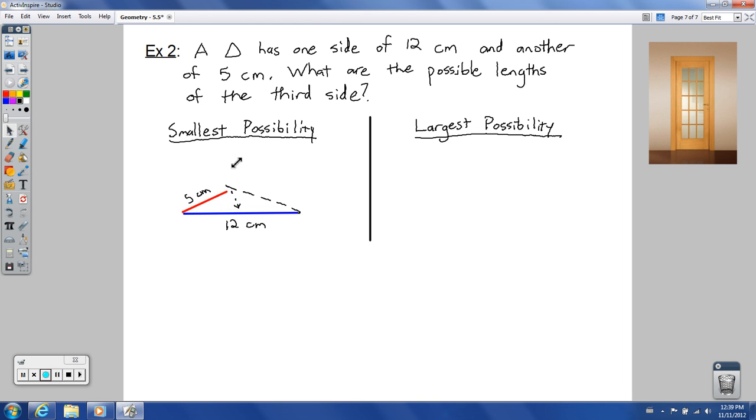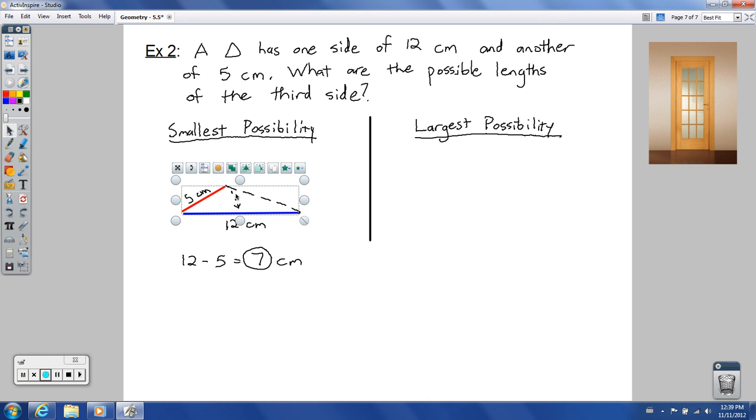So, in other words, what do I want to do here? I'm just putting this back to where I started. What do I got? It all boils down to this. The smallest possibility is 12 minus 5, which is 7 centimeters, but not exactly that. I'm saying anything bigger than 7, because if it was right on the line, you would not have a triangle anymore. In the same manner, if I were to